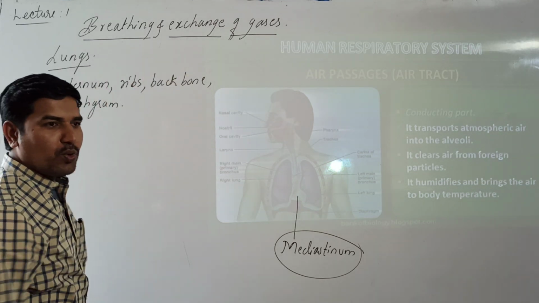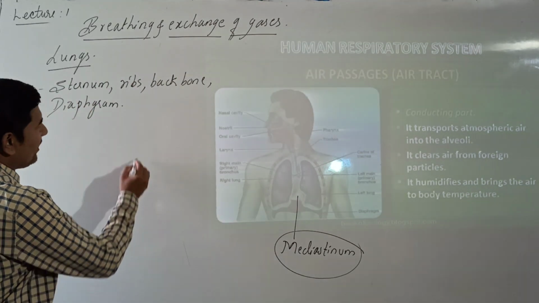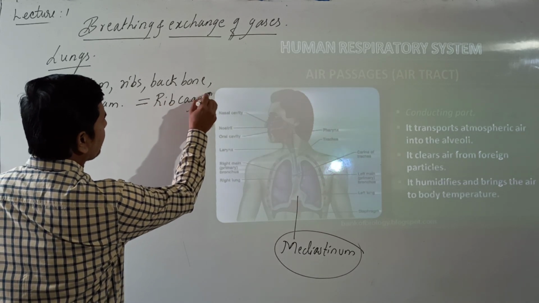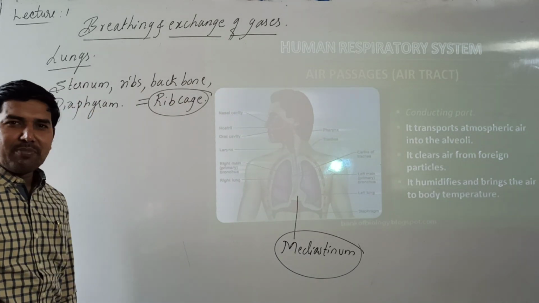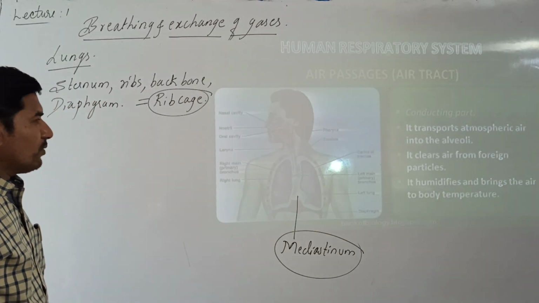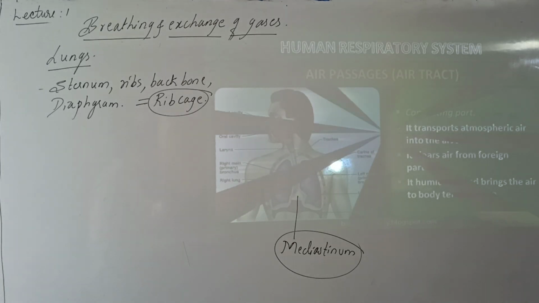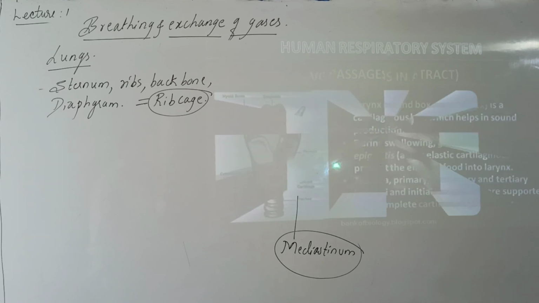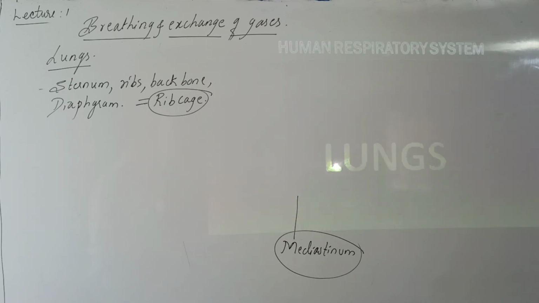All these together form the rib cage, in which the lungs are highly protected. Okay, so this is how the lungs are there. Now if we look at the structure of the lungs,